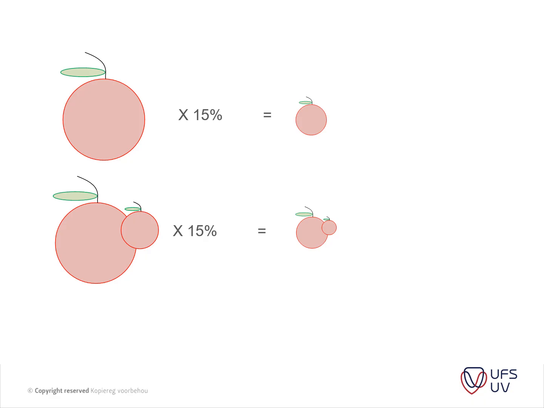So whenever we've got an apple and we take 15% off or out of this apple, we end up with a small apple. So it is not the same as when you have VAT included already. So if you've got VAT included, you already have a big apple and a small apple. And if you times that with 15% and then subtract it from your item that you started out with, you will not get the same answer as when you times it with 100 over 115, for instance, or 115 over